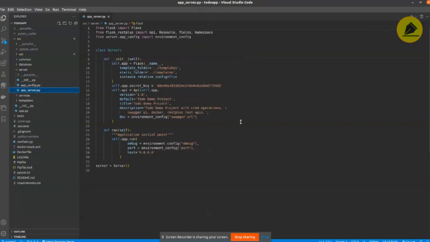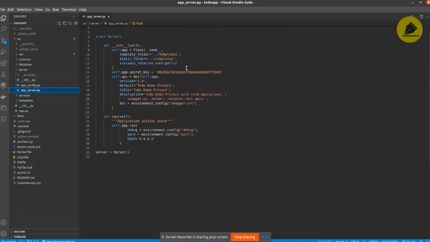The app server file is for configuring the static folder directory, the template directory where it will look for the HTML files to display on the browser, the secret key, the API, the name of the project and its description, and how it is run. So this is the app-related configuration written inside the server.